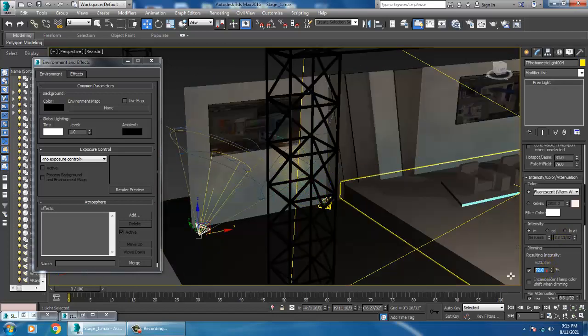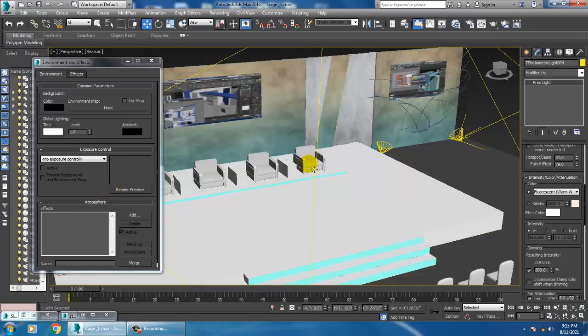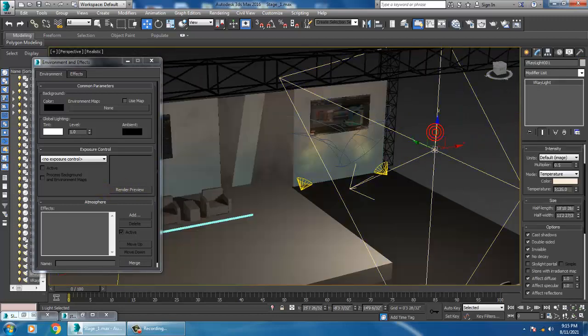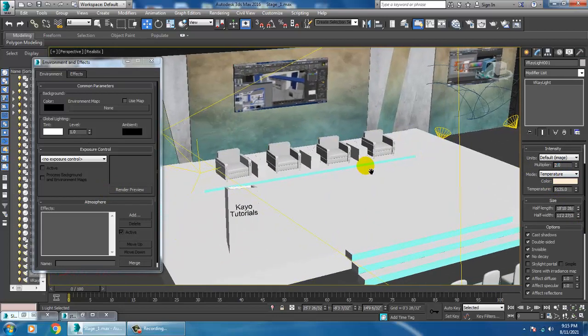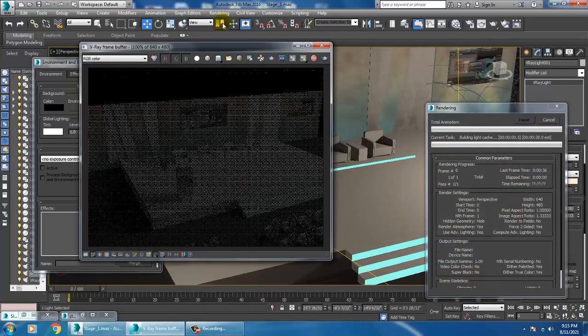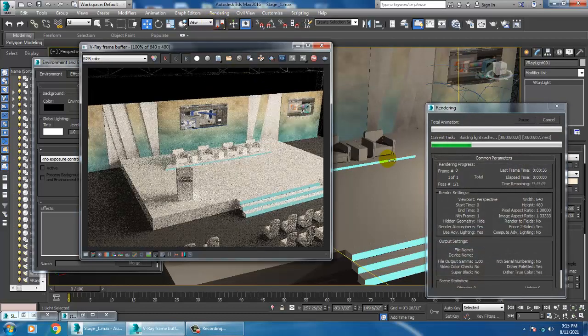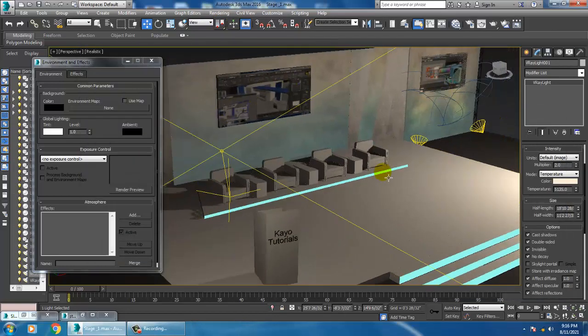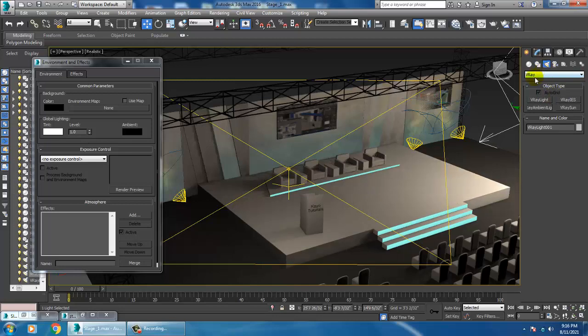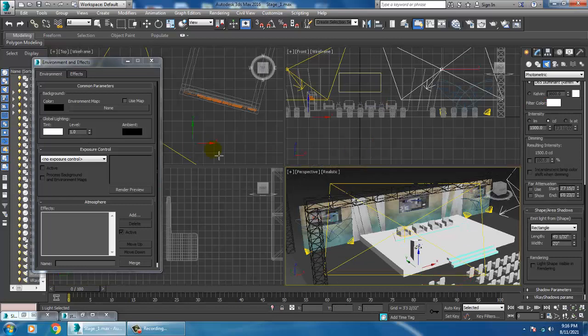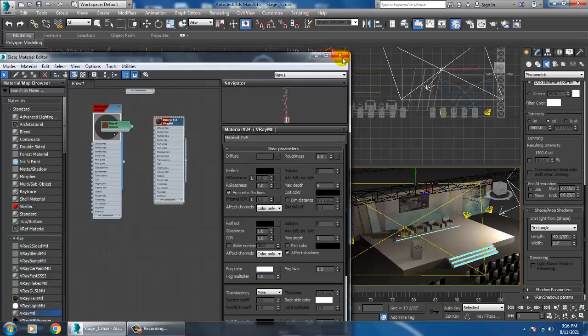So we have taken two photometric lights and let's render and see. Okay. So there are a lot of things will be working out over here. You can also take some more photometric lights. That's your target light.